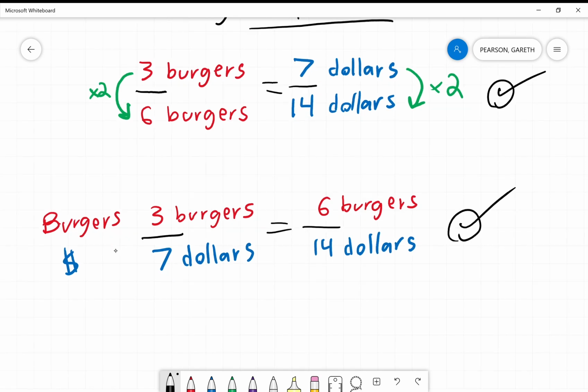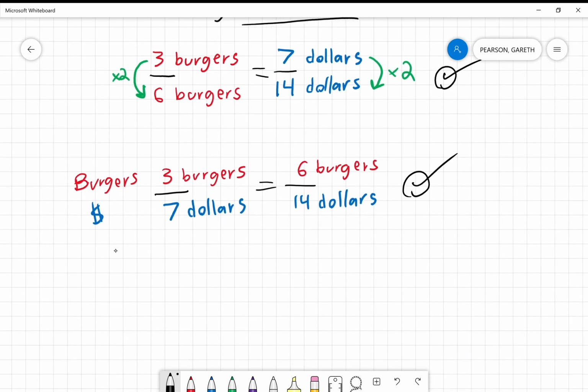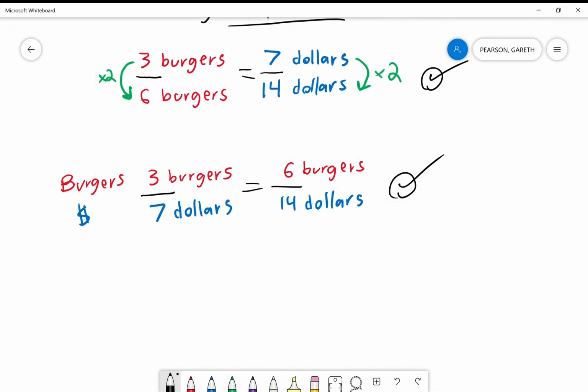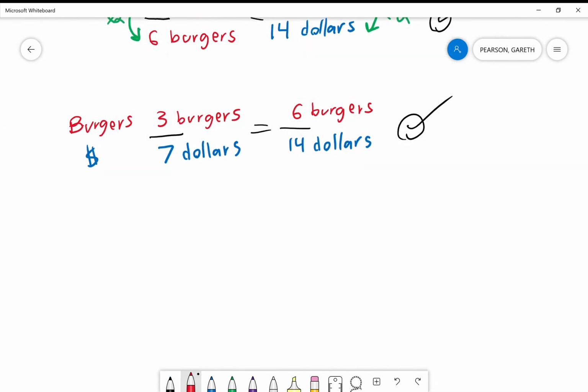It's super easy. Now let me tell you the kind of proportion that would be wrong. Please notice that up here, the proportions are together up and down. The same unit is together above each other. Yeah? Going up and down. And here, the same unit is next to each other going side to side. Now, if you were to write it wrong, something wrong would look like this. Well, for 3 burgers, I went ahead and I paid $7, and I paid $14